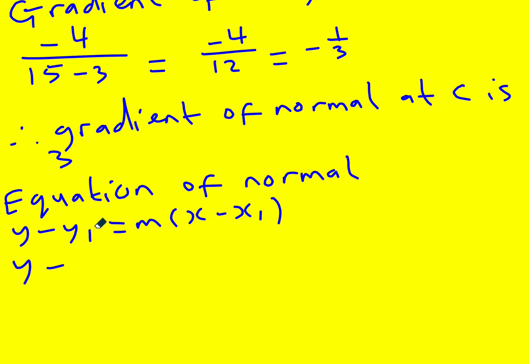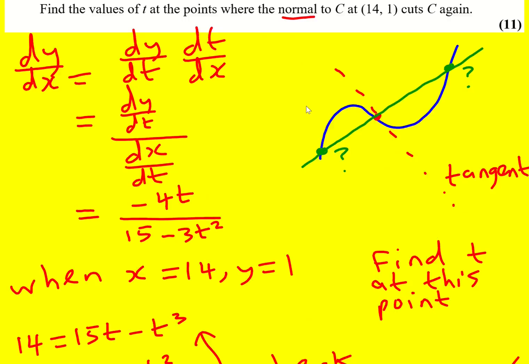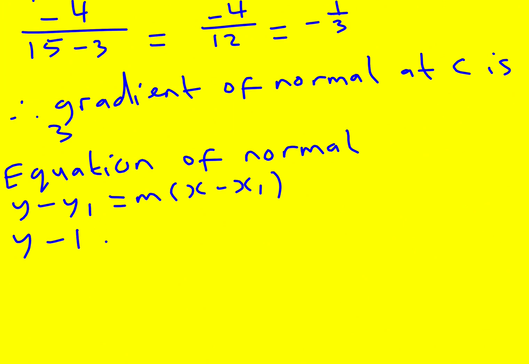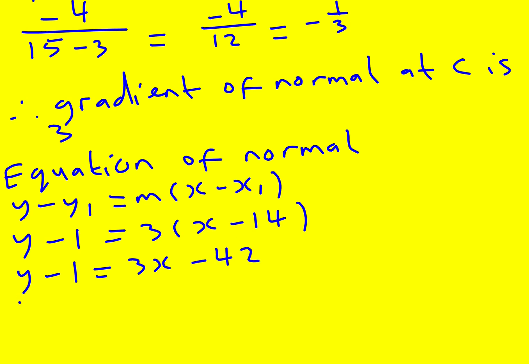And remember that it's going through (14, 1). So it's y minus 1 is equal to 3 times (x minus 14). Okay, that's quite a good step. So we have the equation of the normal,